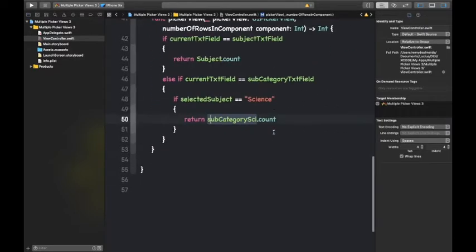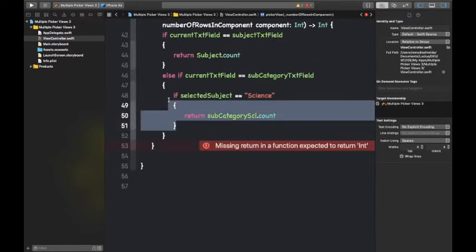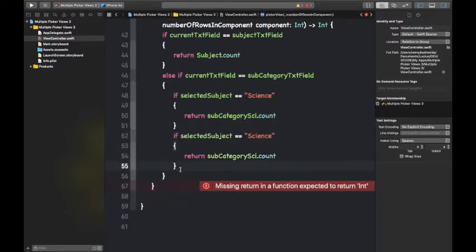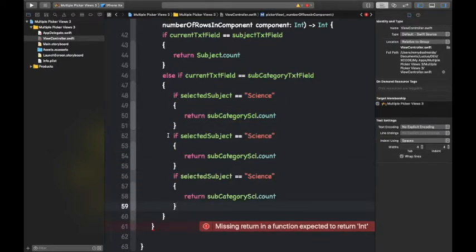Subcategory sci. There you go. It's the same one. So now we need to do the same for the rest of the subjects. So you can go ahead and copy paste that, and you add an else if each time. Change this to math,